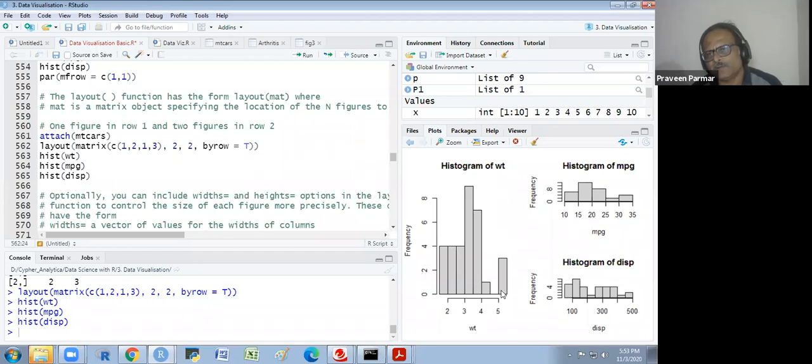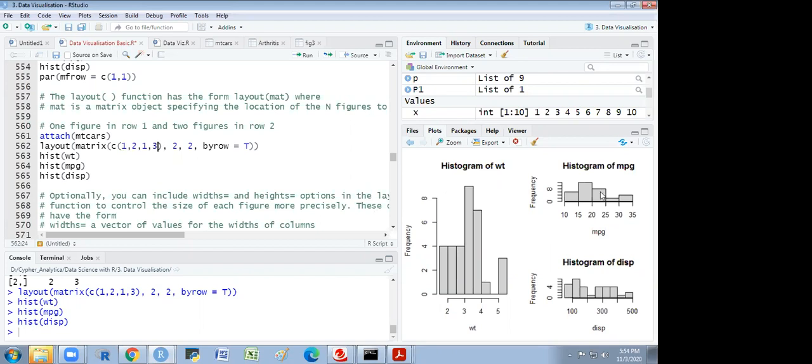If I want two figures here and one here, then what will I do? Two figures here, so 1 2 is okay. No, 1 2 is not okay. I want two figures here, and one is here. So I will get 1 2.